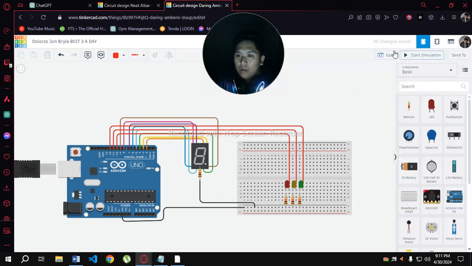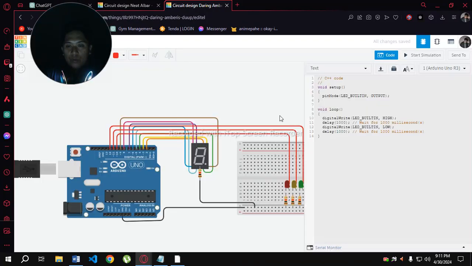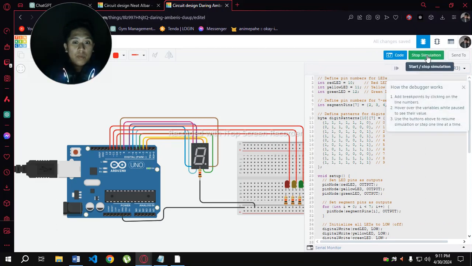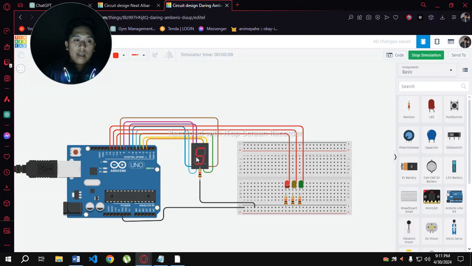Now we are going to our code, change the edit code to text, and we are going to paste it because I've already made a code. So let's start the simulation. Let us look if the code works. Yes, it works. You can see here it is counting from 9.